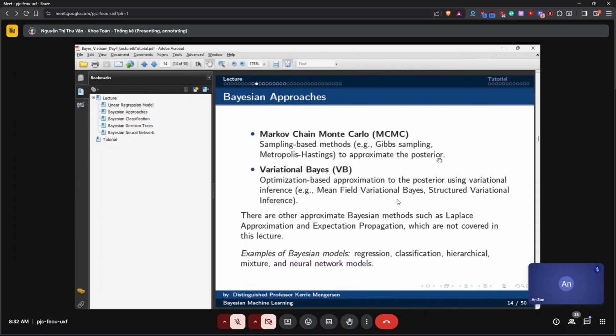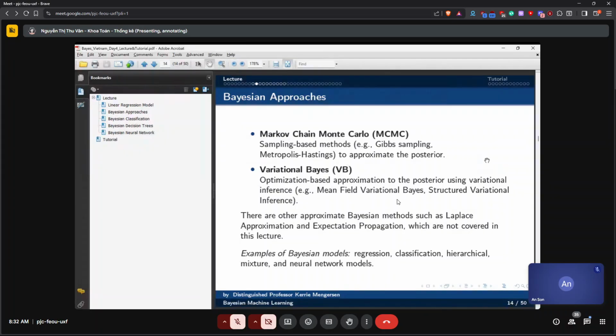So I want to talk about Markov chain Monte Carlo, and you've seen some examples of this. I talked about in days 1 and 2 sampling-based methods, Gibbs sampling, Metropolis Hastings, and we approximate the posterior distribution through this sampling approach.